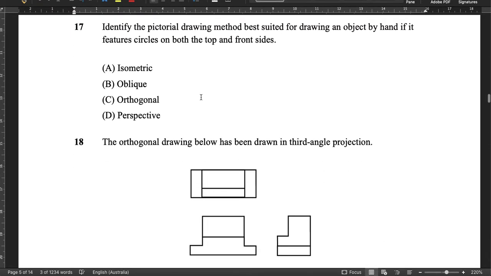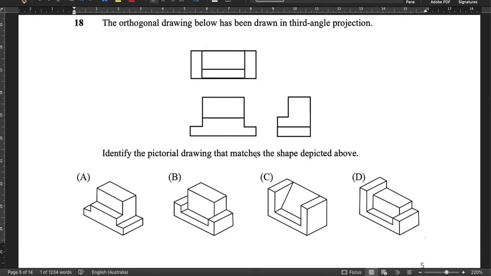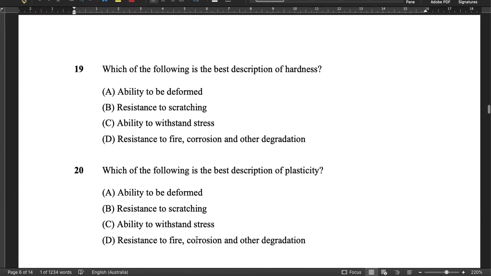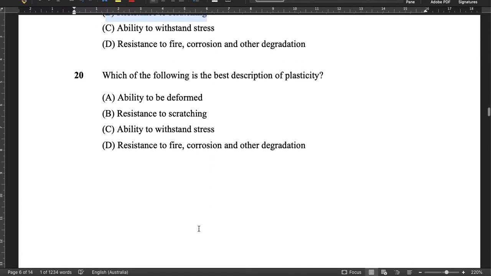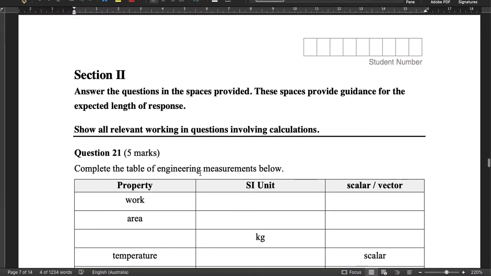Identify the method: if it has circles on both sides, we use isometric because we can use isometric drawing templates, circle templates. Okay, for this drawing, I always think these are easy, but kids do get them wrong. Nothing else really looks close. Hardness is resistance to scratching. Plasticity is the ability to be deformed. Okay. Now, let's go through